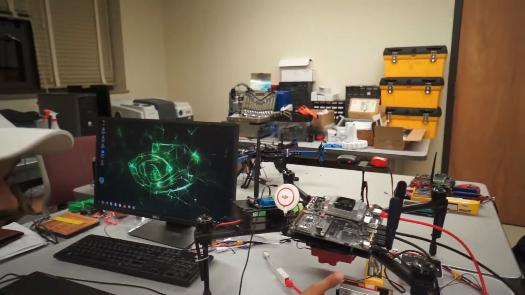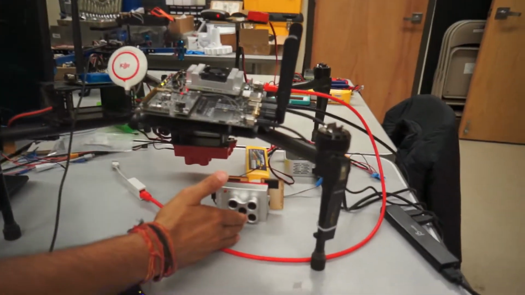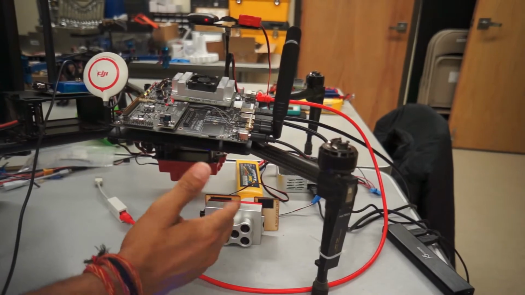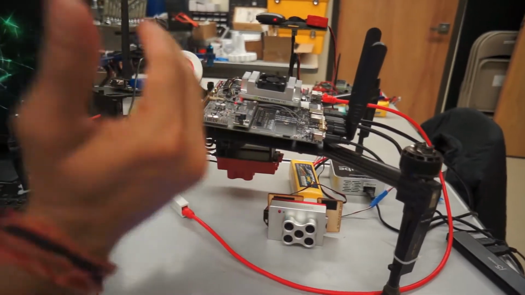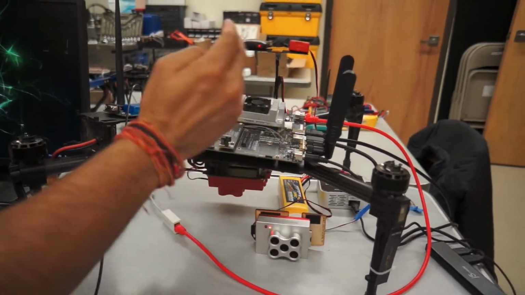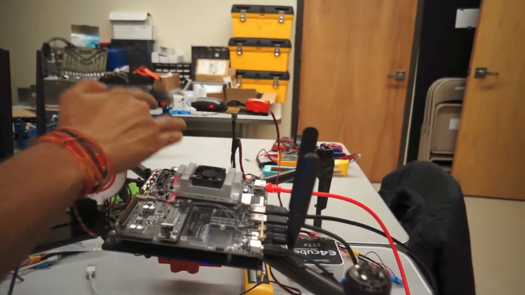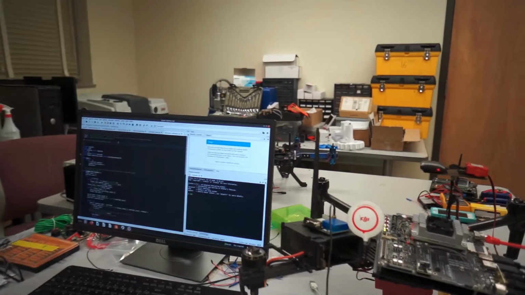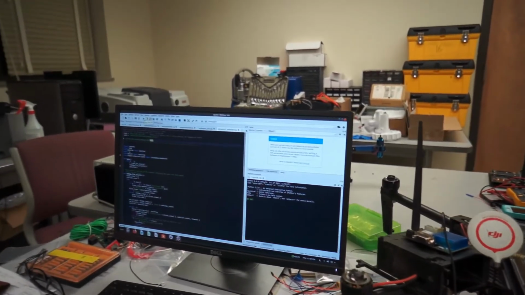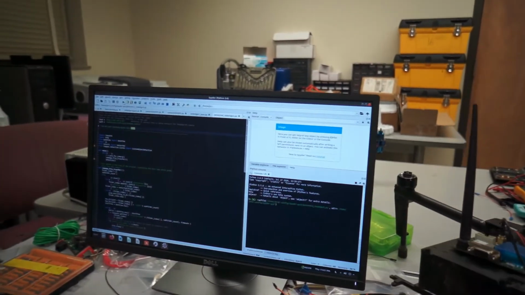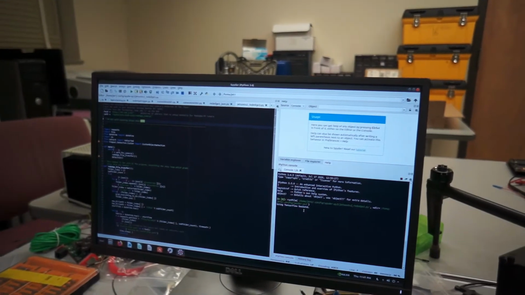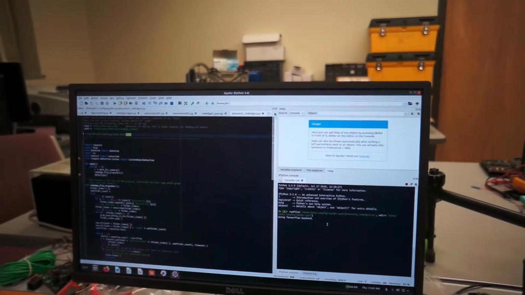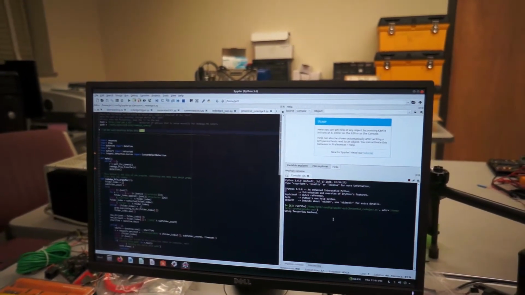So once again, this thing takes the images every 2 seconds or every 1 second. You can set it up on a time basis, and then wirelessly it transfers the images to the SD card over here. Let's check it out. I'm just going to run this program, and then you should be able to see over here some of the outputs that should start showing.